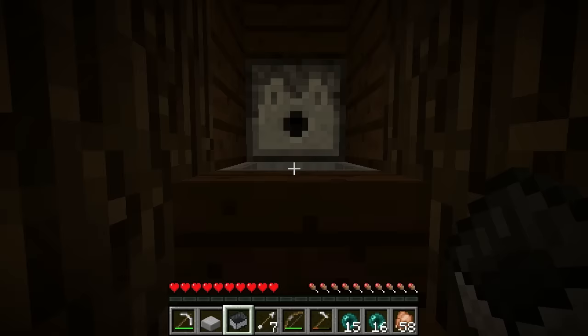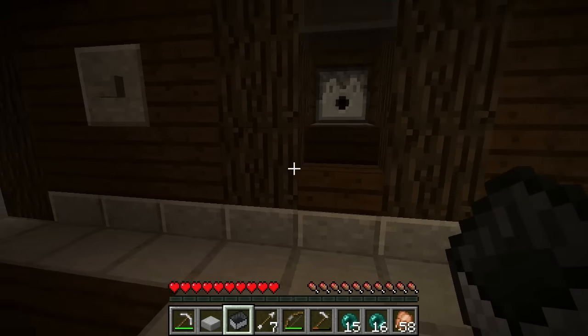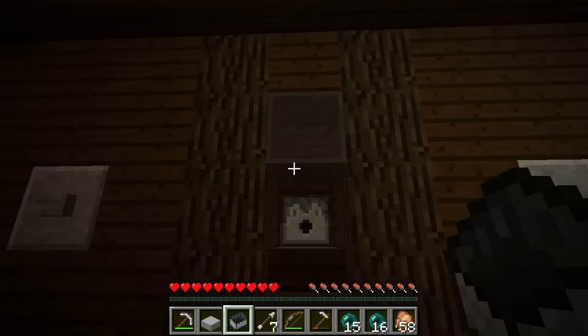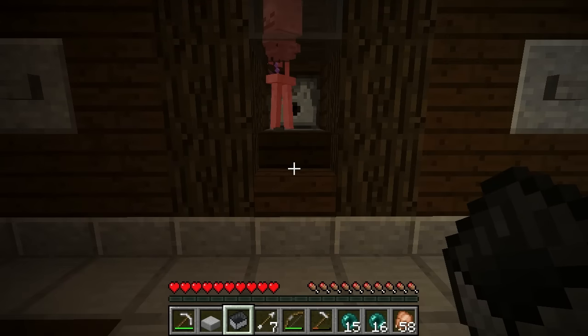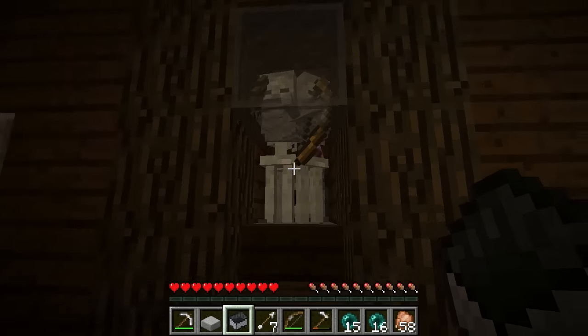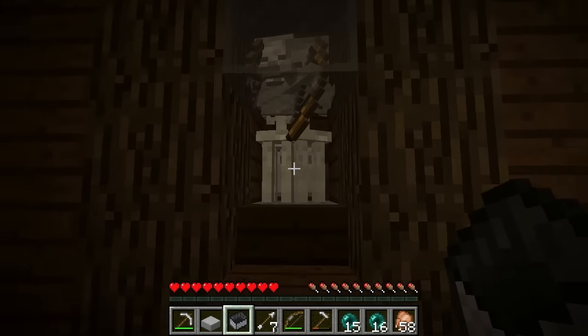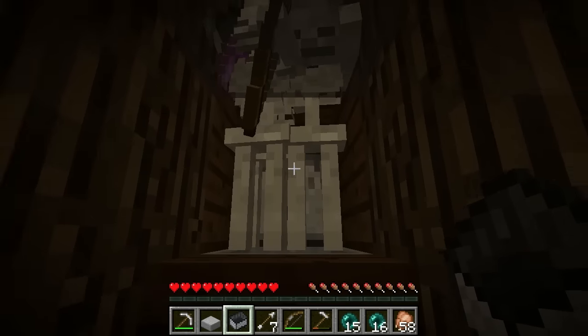Now under here we've got a hopper, and the hopper will collect any drops that we have, and that will go into a little sorting system, which again is under construction, so we need to fix that up. So here's some of the skeletons. I think there's one more. There we go. And once this is completely full of skeletons, you know, probably about 200 or 300 or so,